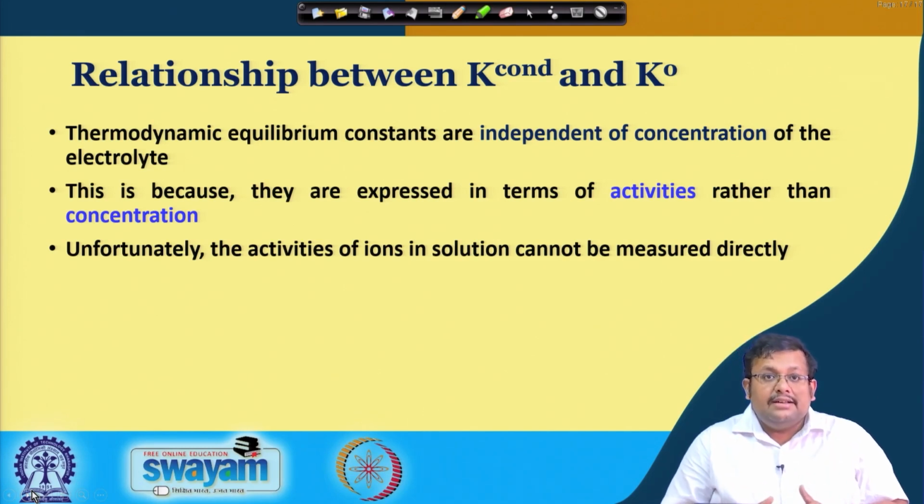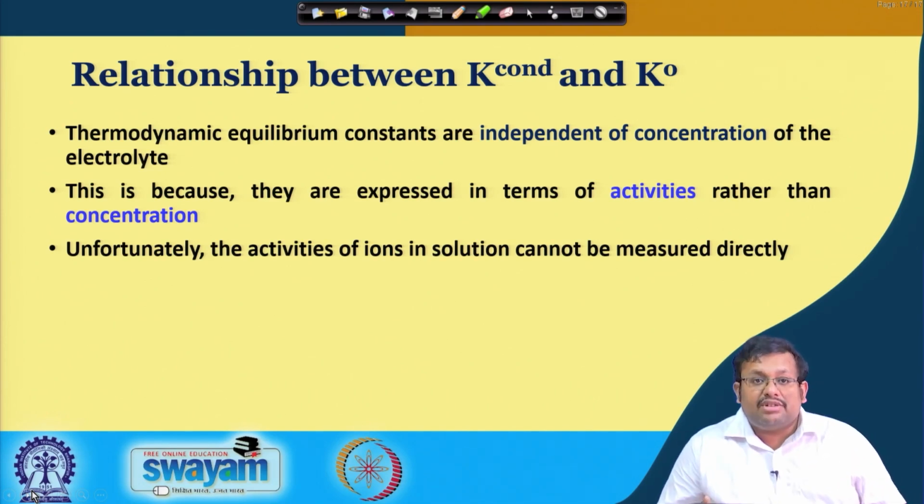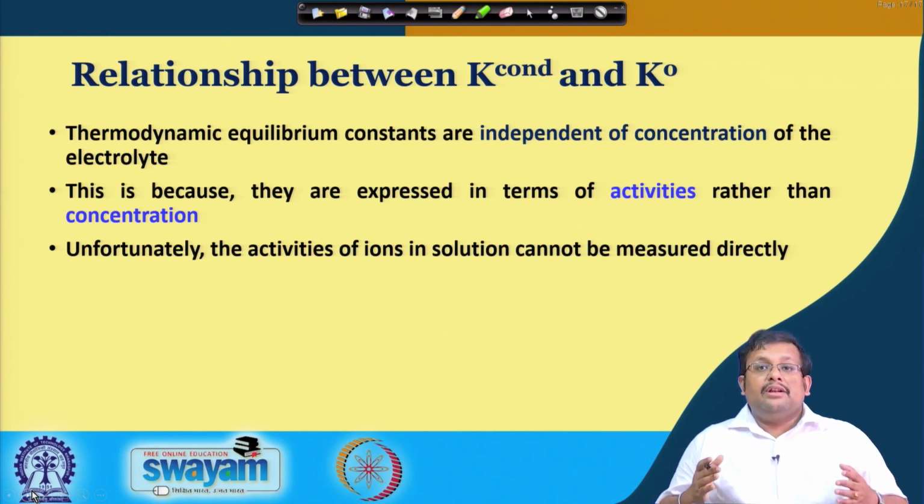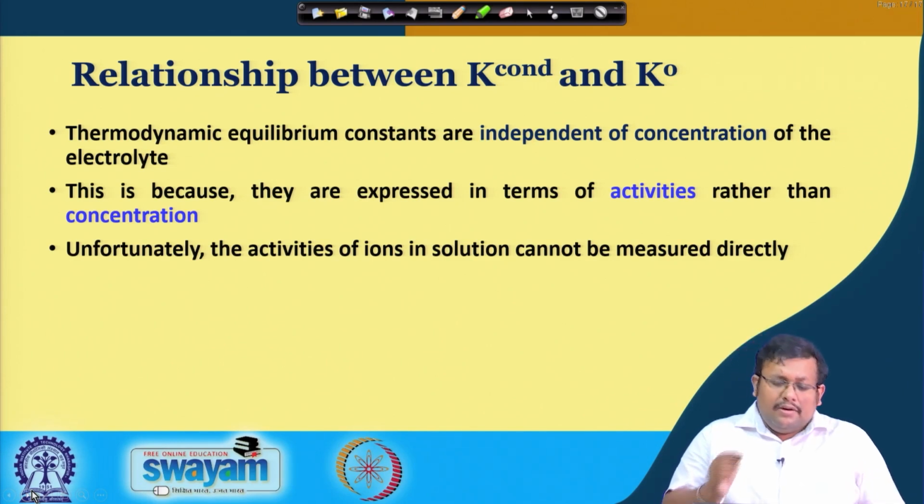We have already seen that, because they are expressed in terms of activities rather than concentration. Since they are expressed in terms of activities, they are independent of the concentration of the electrolyte. Unfortunately, the activities of the ions in the salt solution cannot be measured directly, which we have already